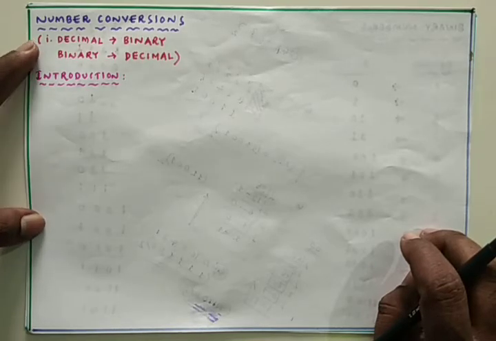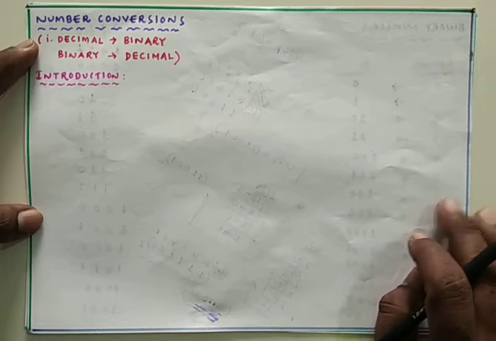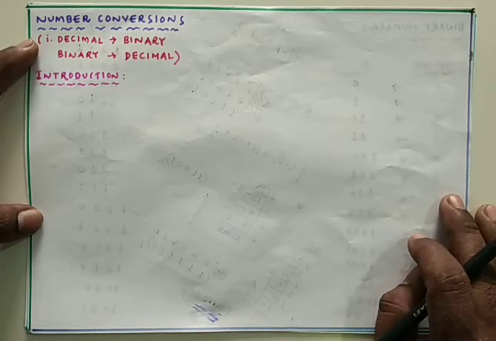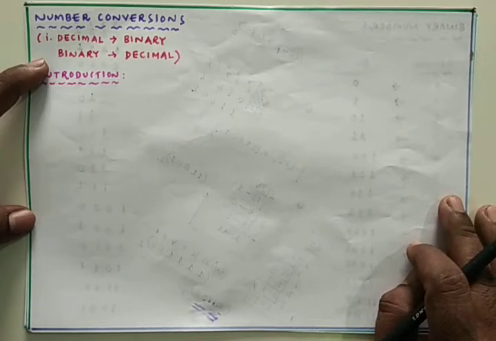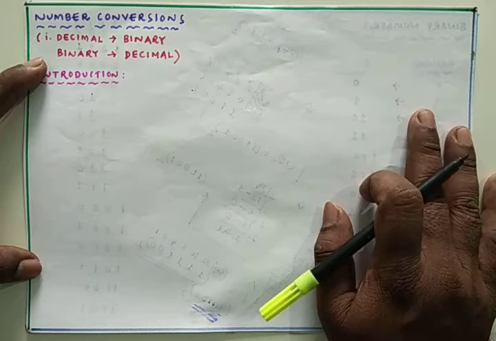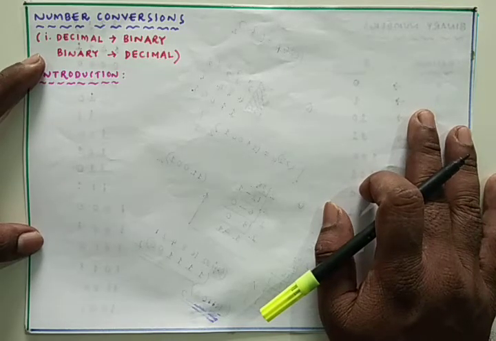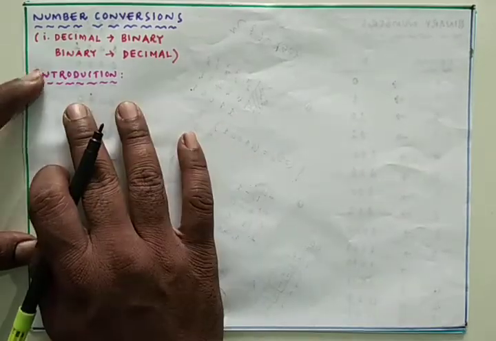That means we have a decimal number which has to be converted into binary, which has the base of 2, so that decimal number has to be successively divided by 2, and we have to collect all the remainders from the bottom to top. That will be the equivalent binary number for the given decimal number. Anyway, I am going to explain the same with one example.